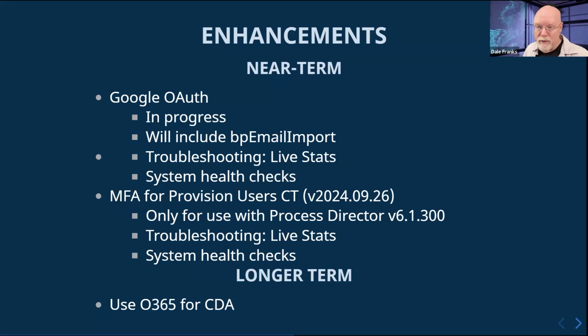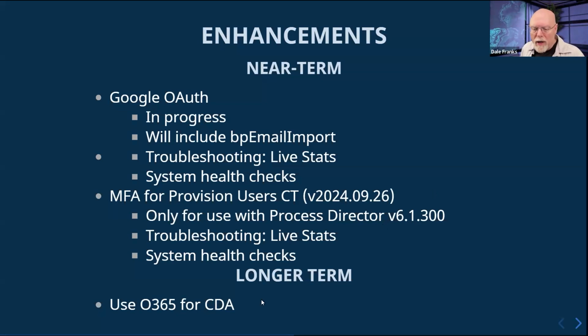So if you're not interested in using MFA and you feel that you can live without that, and you still want to provision users, but you're not going to use MFA, then the old version of the custom task will run fine. It simply doesn't reference MFA, and so it'll just work. Nothing bad will happen. But the reverse is not true. So the old version, I guess technically you would have to say, is technically forward compatible. The new version will not be backward compatible. So we're going to have to work out some sort of system to make that work properly for you.